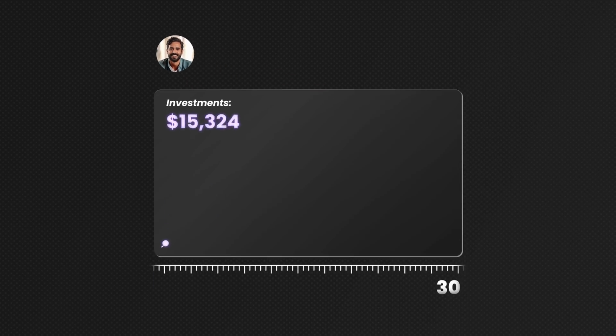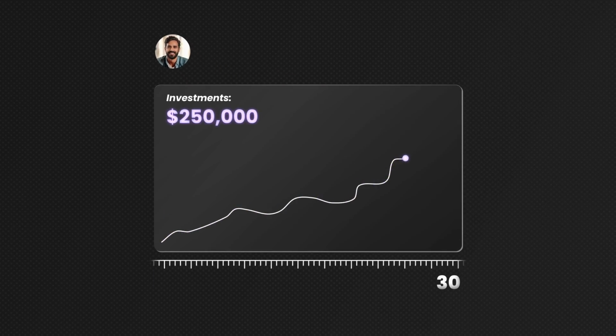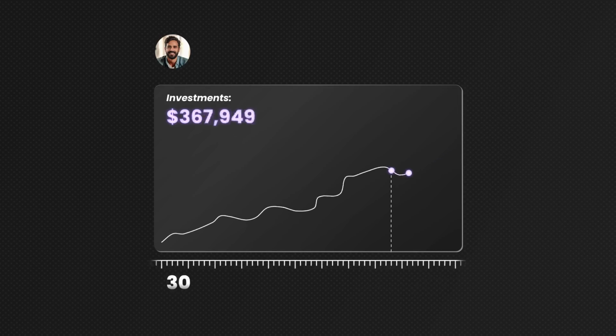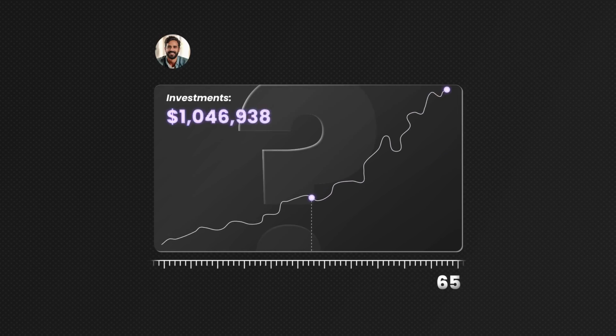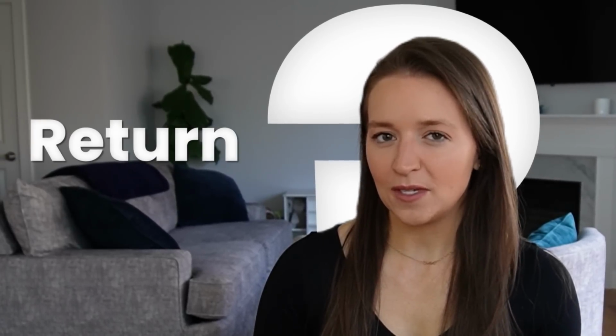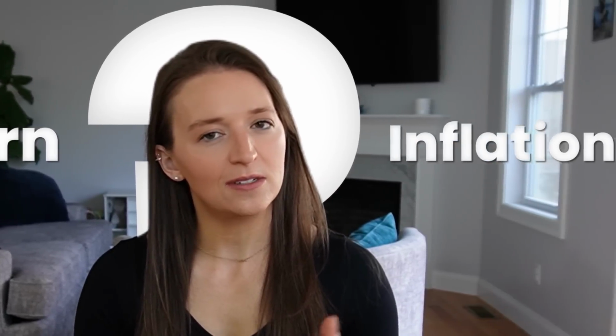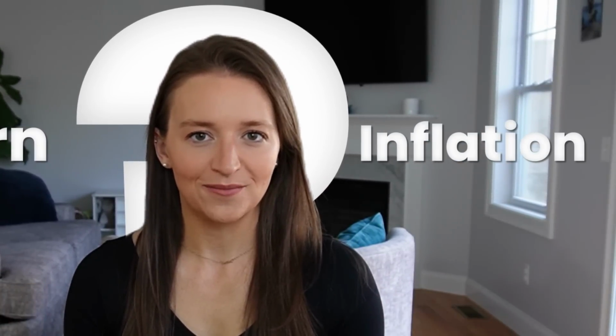Let's say you're currently 30 years old and that you have $250,000 invested. Without adding any additional funds to this portfolio, what might this be worth if you're aiming to retire at the age of 65? Well, at this point, now we have a little bit of guesswork. It comes down to what rate of return are you comfortable using and what rate of inflation do you expect going forward? For the sake of being conservative, I'm going to use an 8% rate of return and assume a